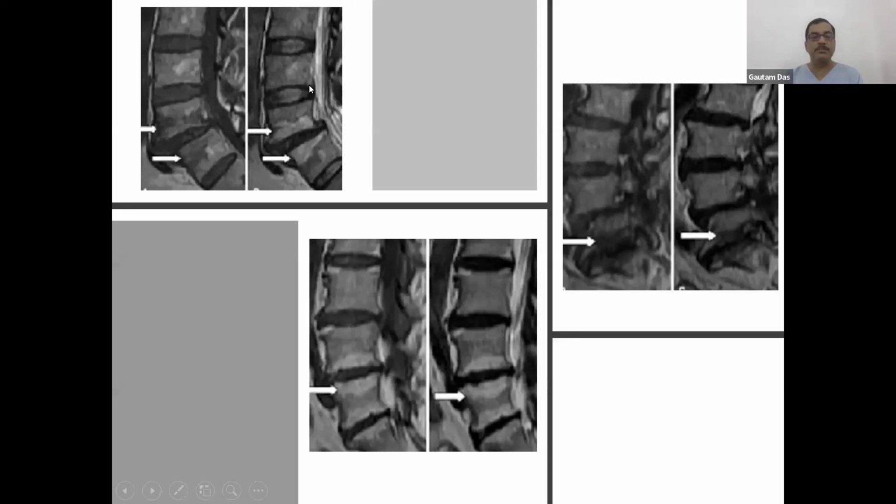Look at this image. What is T1 or T2? This is your T1. This is T2, this is T1. And you see, this is looking white, this is looking black. That means this is Modic type 1. Okay? So Modic type 1 means